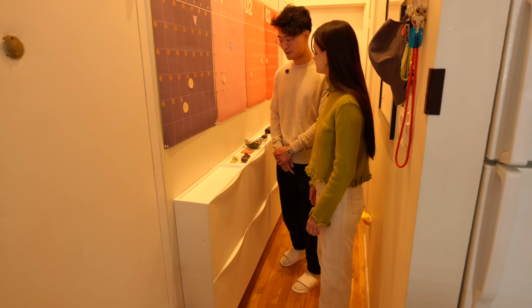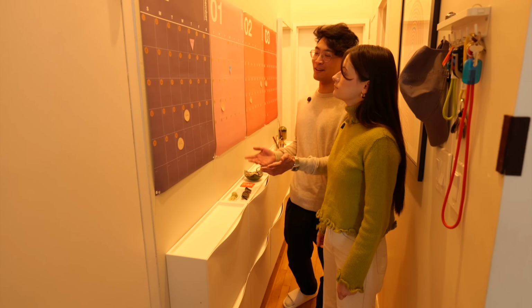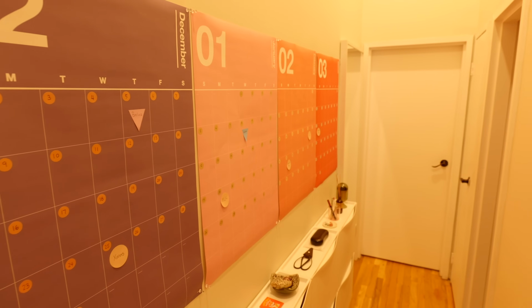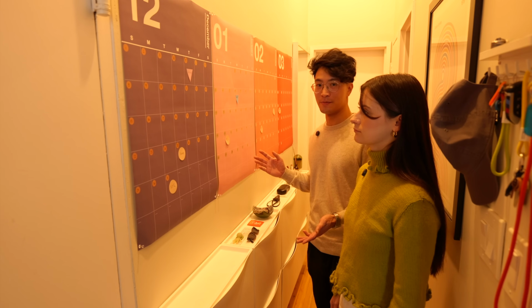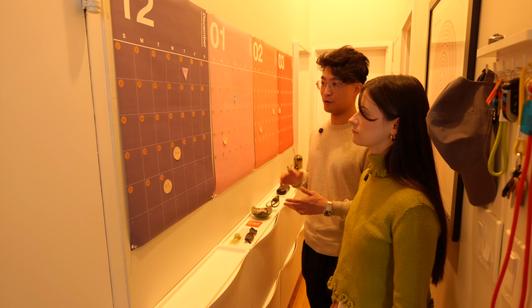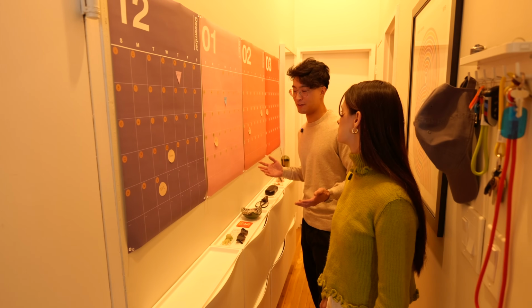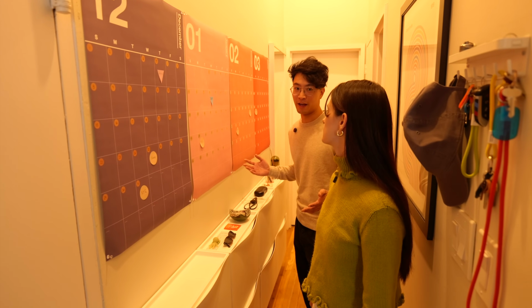Yeah, and above the shoe shelves, we have our calendar. We really like this calendar. It's from Paquetto. They make these large calendars where you get to customize it, and each calendar has a print of a different color for each month. So we always have 4 months on display, and we really like the setup we have in this hallway with